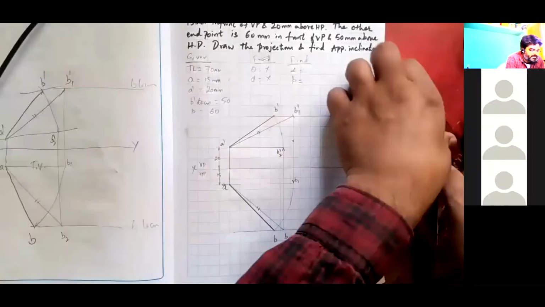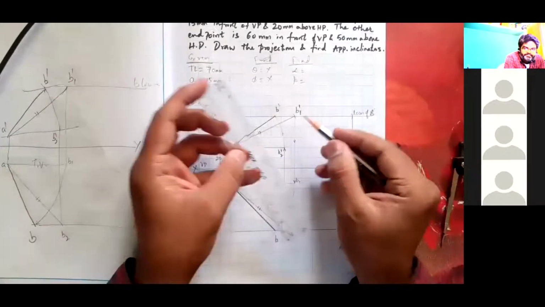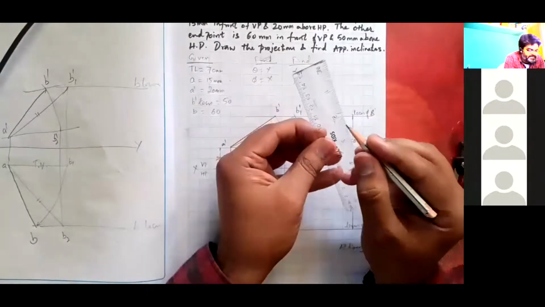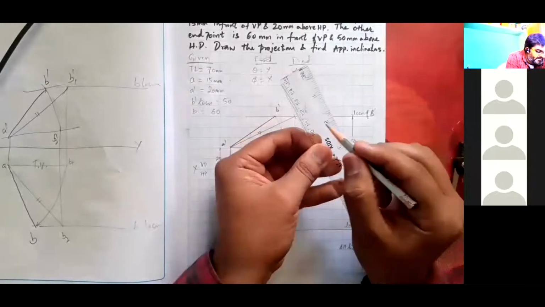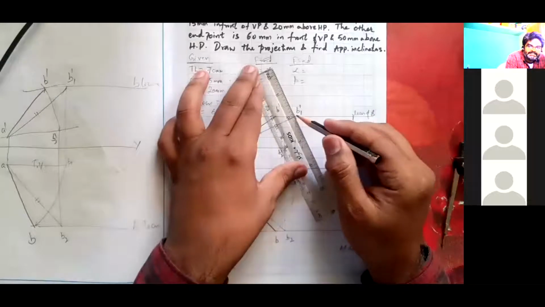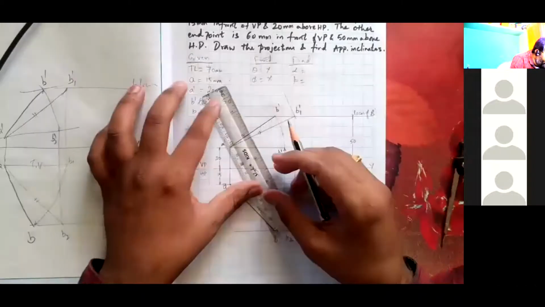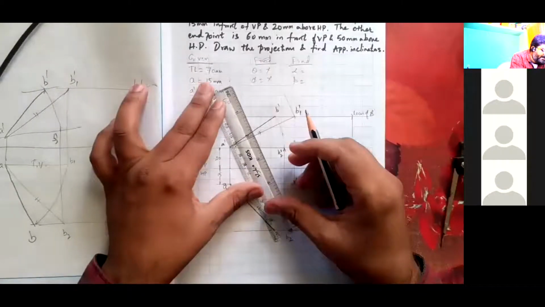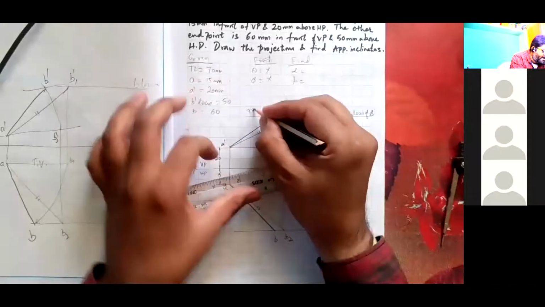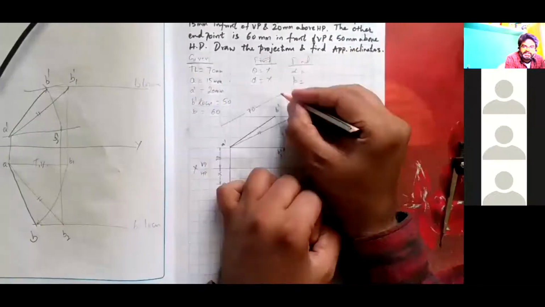So how will you dimension? This is an inclined line. Take a set square or use this scale. See this, any printed line on the scale, keep it matching with the line that you are supposed to dimension. I'll get an extension line. This is an extension line. I'm extending it further because I can get a perpendicular line exactly 70. I'm marking 70 and you see this is the 70 mm dimension line. I'm marking it for the given true length.